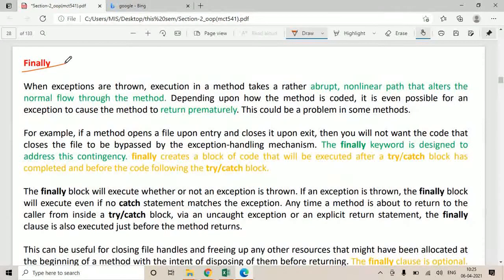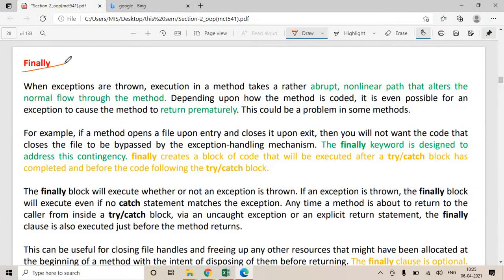The last keyword is finally. So basically the finally block always gets executed. In case of an exception, it will get executed. If your program runs successfully without any exception, then also this finally block gets executed.